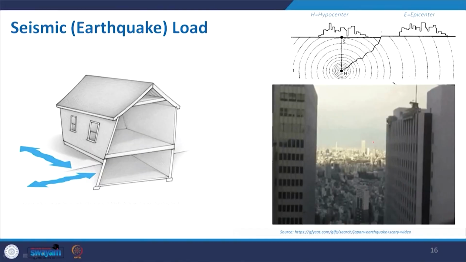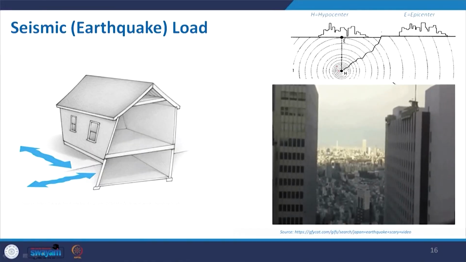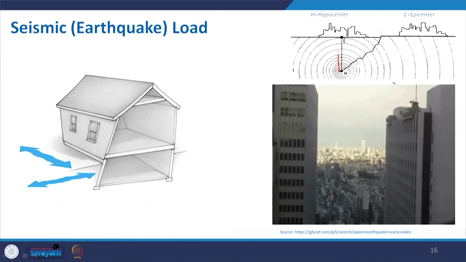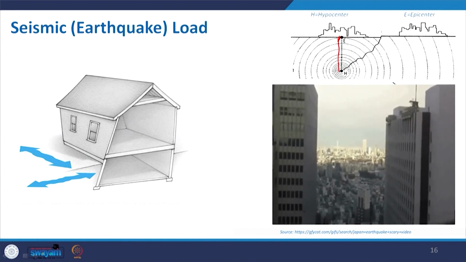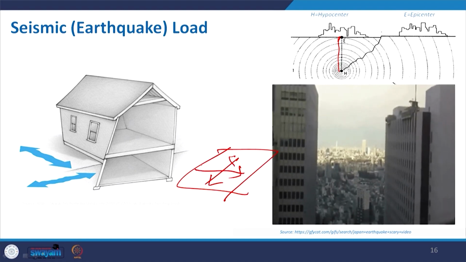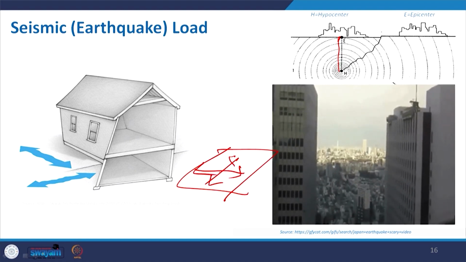Come to seismic load or earthquake load. So, in an earthquake, what you can see is that it generates below the earth. That is called the hypocenter, and the point above it is called the epicenter. So, it is a movement of land in both directions. Okay. So, say for example,